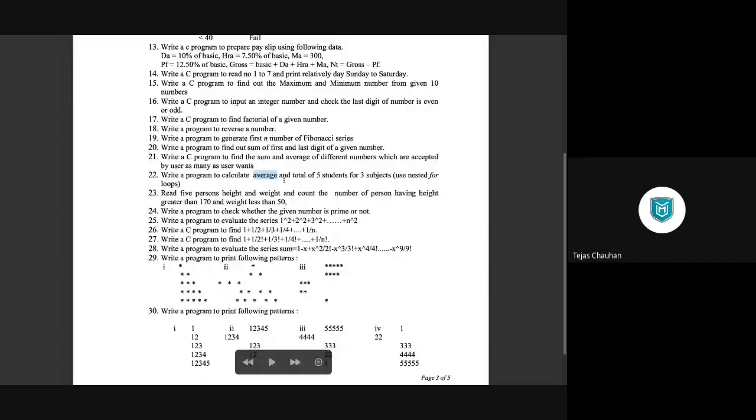So within the loop of j, you are going to sum, and within the loop of i, you are going to calculate average and print it. So that will be the nested for loop example 22nd program, and you do it by yourself.